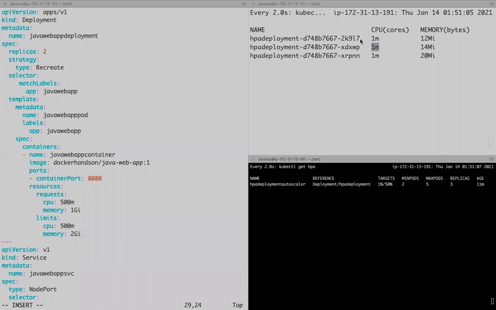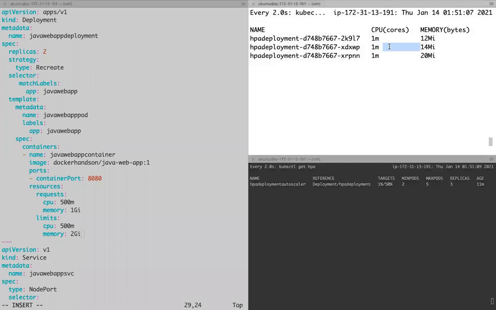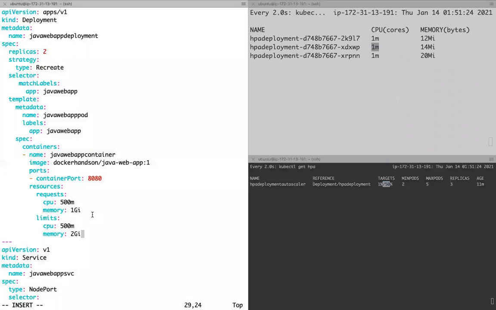Again, when it comes down, it will not bring down immediately. Now there is no load, if you see 1%, there will be a grace period. It will wait for some time before terminating, so it will not terminate immediately.